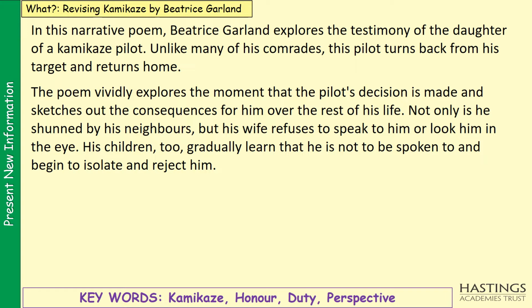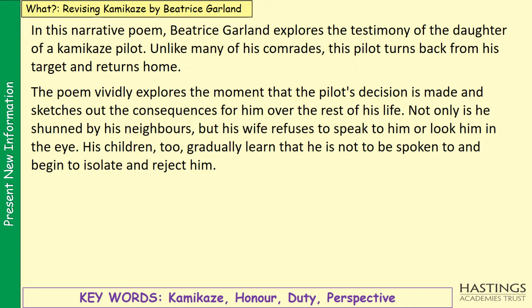He's not only shunned by his neighbours, but his wife refuses to speak to him or look him in the eye. His children too, they gradually learn that he's not to be spoken to, and they begin to isolate and reject him. So this poem is quite a straightforward poem, but one thing that gets a little bit complicated is